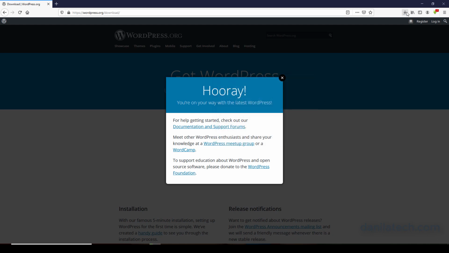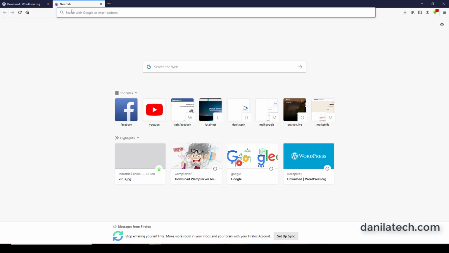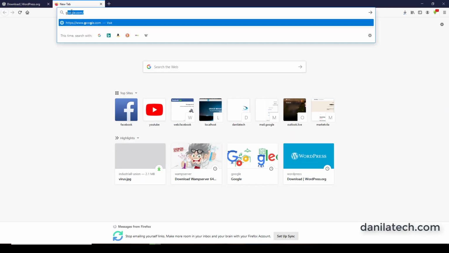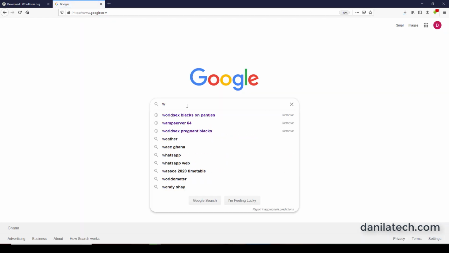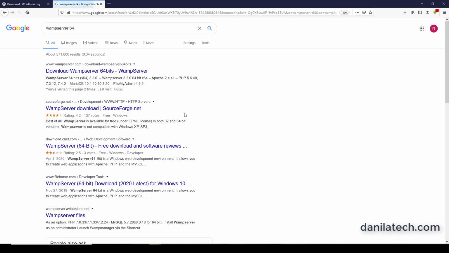Okay, so it downloads to your download folder. Then we'll be making use of WAMP server also. You go to Google, then you type WAMP server 64-bit, because my computer is 64-bit. You select the first link,